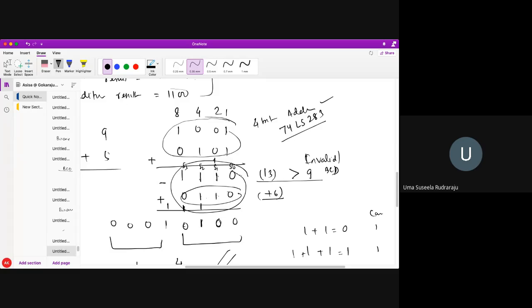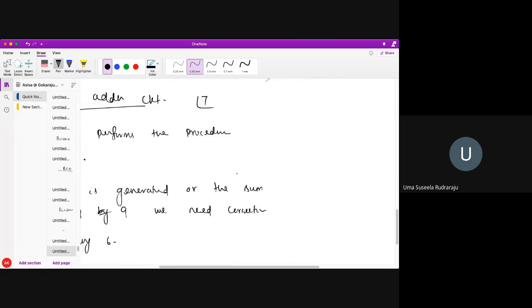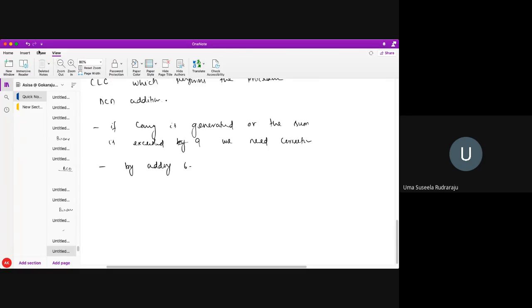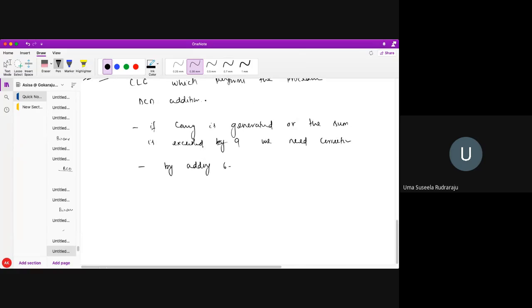Are you understanding, students? So how many 4-bit adder circuits do I actually require? I require two adder circuits here, where the first adder circuit performs the addition operation. Please try to understand, it's a very important question. So it actually performs